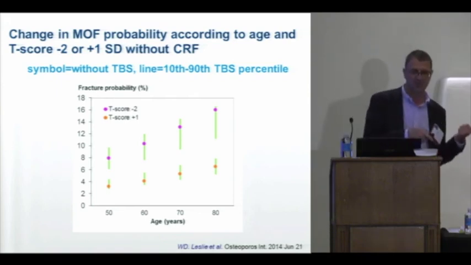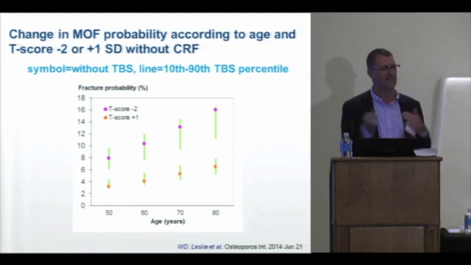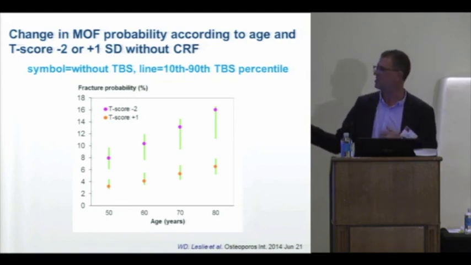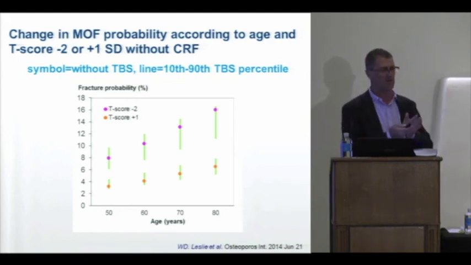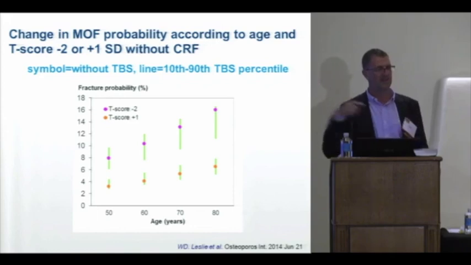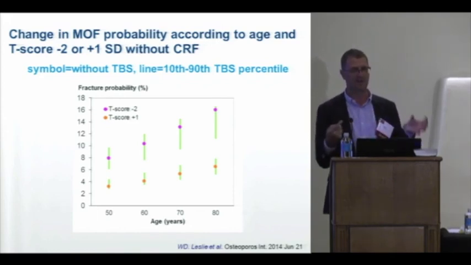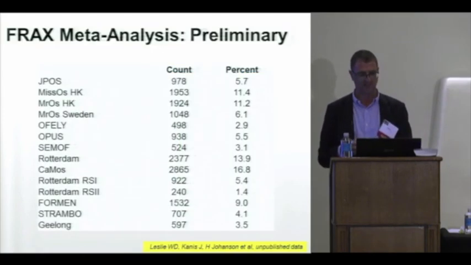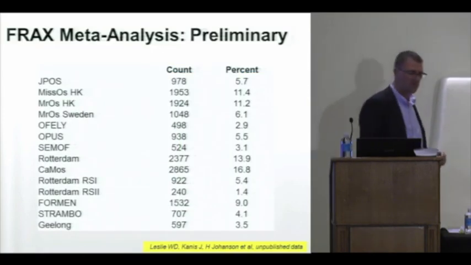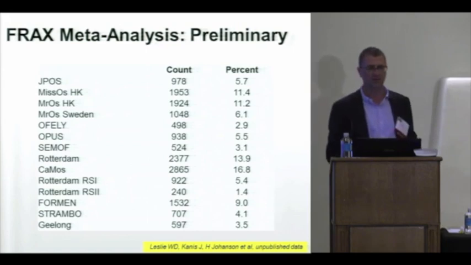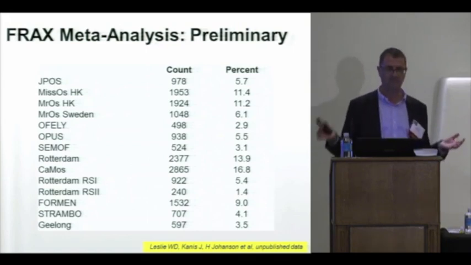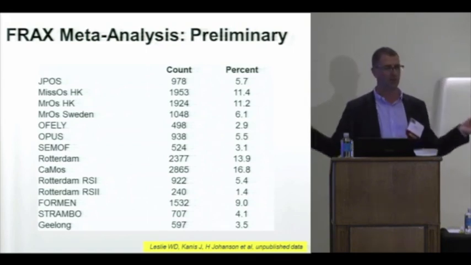What Bill Leslie demonstrated is that you improve the calibration in FRAX, especially in younger ages, where calibration sometimes might be an issue between the expected and the observed. So that combination of FRAX plus TBS improves things. As you know, when you develop a new model, you can't just say, I have one study and I develop a worldwide